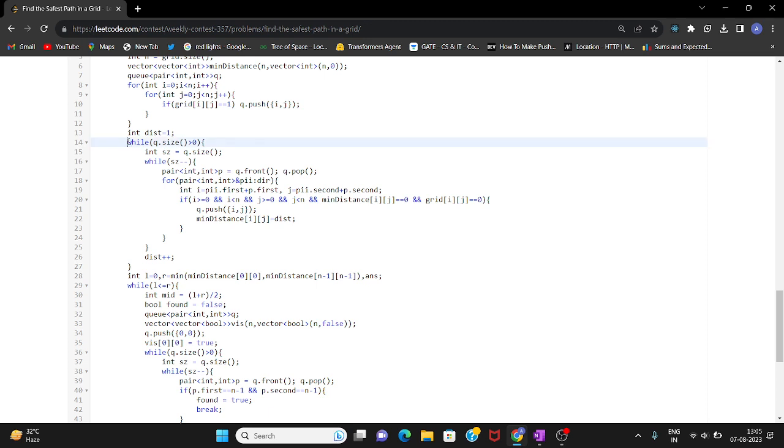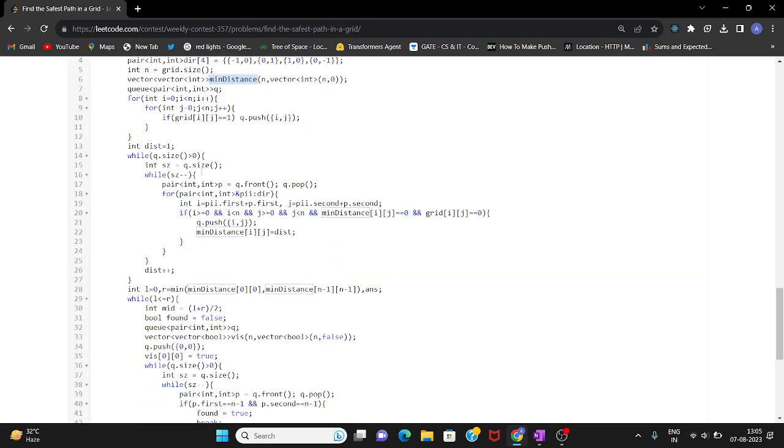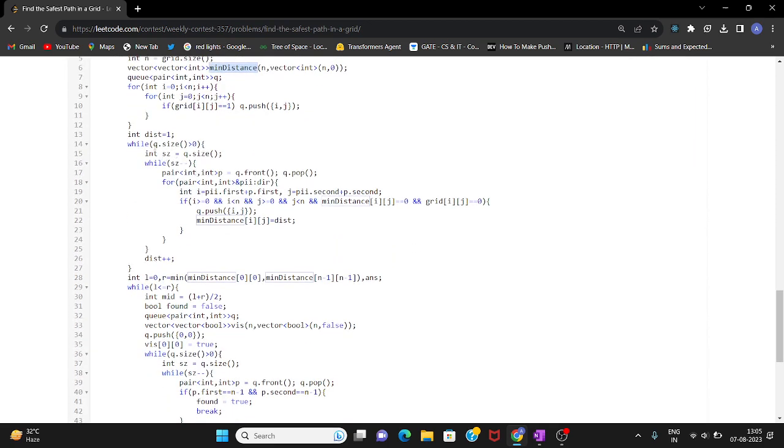Now this is the portion where we are populating our minimum distance vector. So first we check the size of the queue, and until the size becomes 0, we are popping off every pair from this queue.